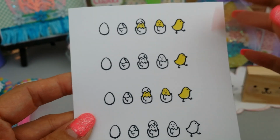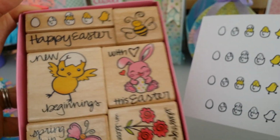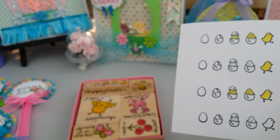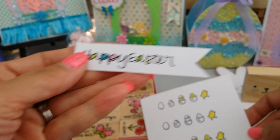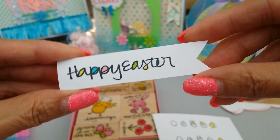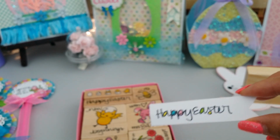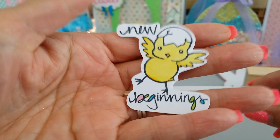I don't know what I'm going to do with this yet, but I know my daughter wanted to use it for a card for her teacher who is pregnant. So that's that one right there. I also stamped out the Happy Easter sentiment right here and decided I was going to Copic color it and also make some banners. So that's this one right here. I stamped out the little chickadee, New Beginning. I haven't used this one yet just because